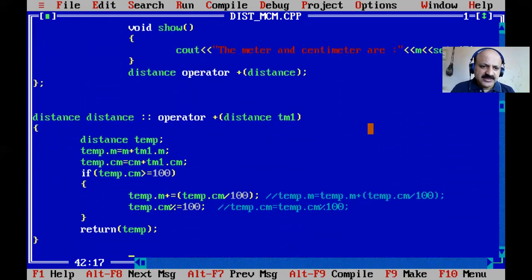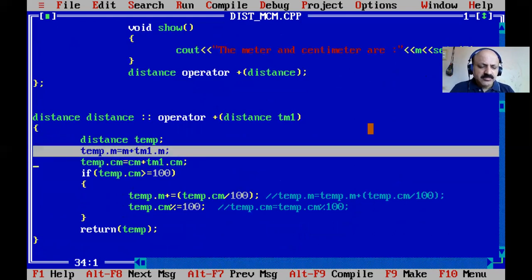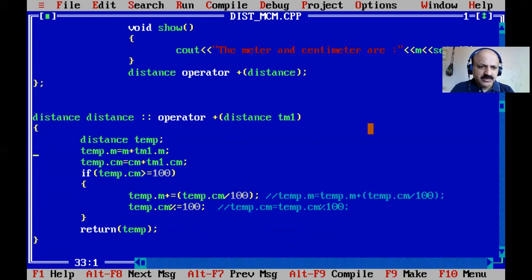Here in the Distance class, very importantly, we first sum meter to meter, our left and right. Normally we write m and cm, that is considered d1, and temp, and d2 is passed as the right operand, passed to the object as function argument, and an object is returned as well.